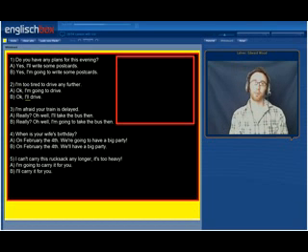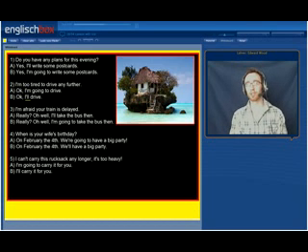Okay, so like I said, we use will for the more spontaneous actions, more spontaneous decisions, things decided in the moment, and we use going to for more planned actions. So in front of you we have another exercise with 5 different questions, and A and B show 2 different possible responses or answers to these questions.